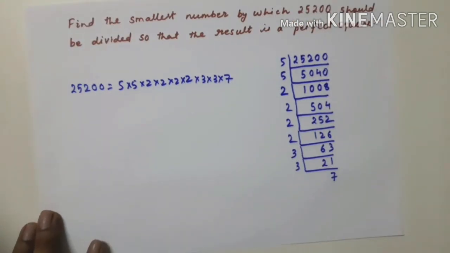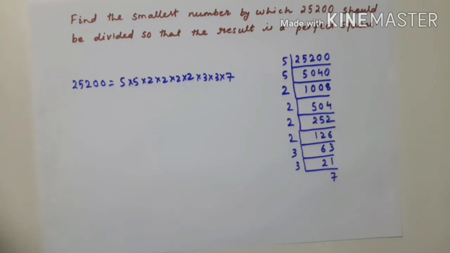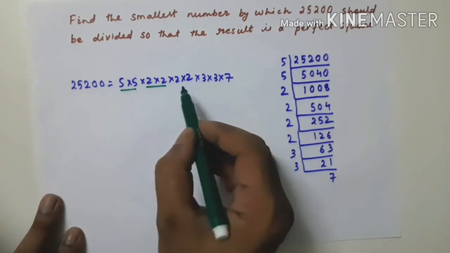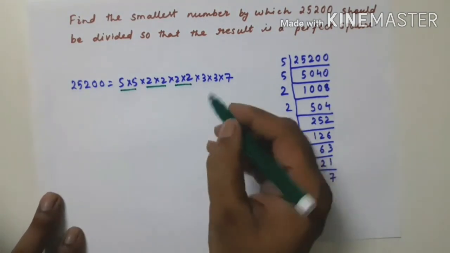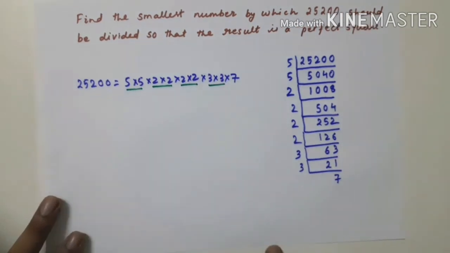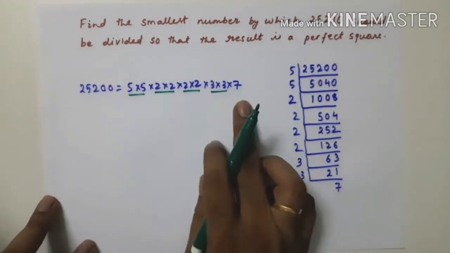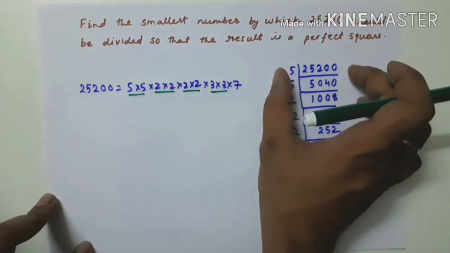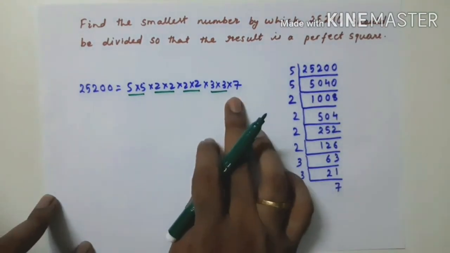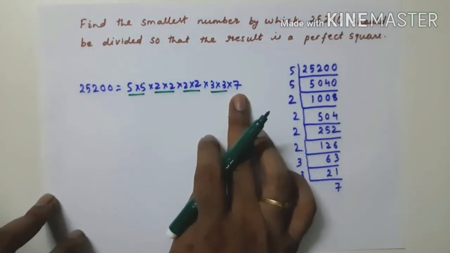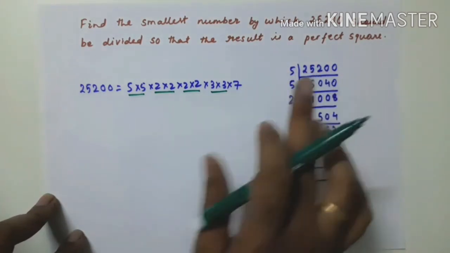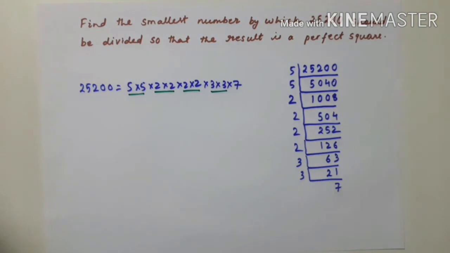Now here the next step is to find out the paired groups. So you can see here this is one pair, another pair. So here we have 4 paired groups and 7 is left out. As we've seen, this is not a perfect square because we are having a single number. We should never get a single number. If we get a single number, then it is not a perfect square. So we need all paired groups.